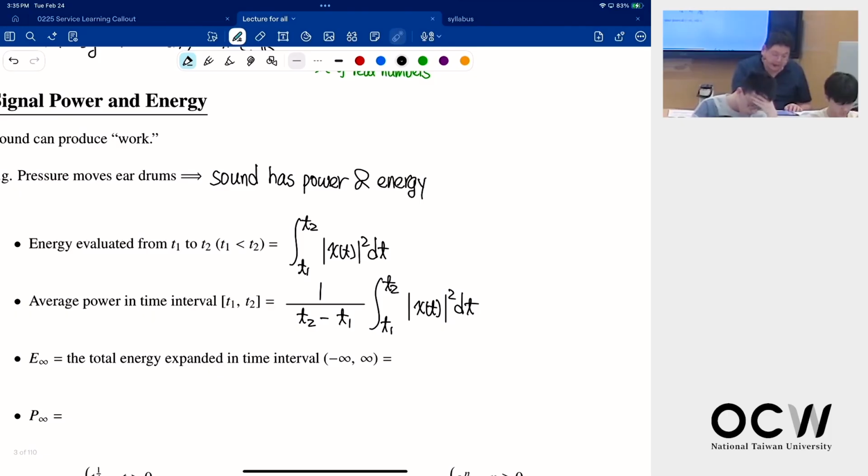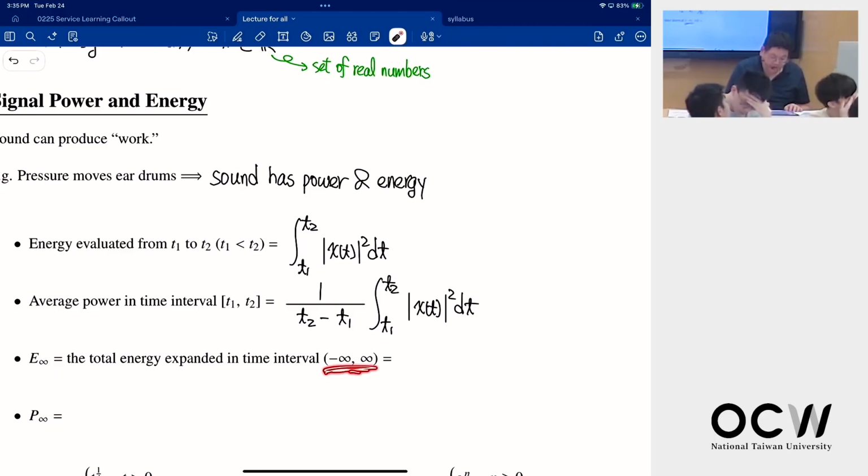This is the energy in the time period. So for the total energy, here you can see that T1 becomes minus infinity, T2 is infinity. So that's the total energy. The total energy will be the energy divided by